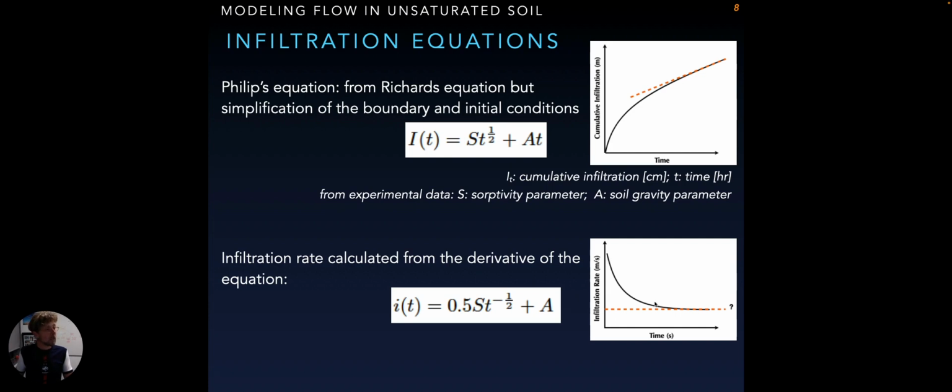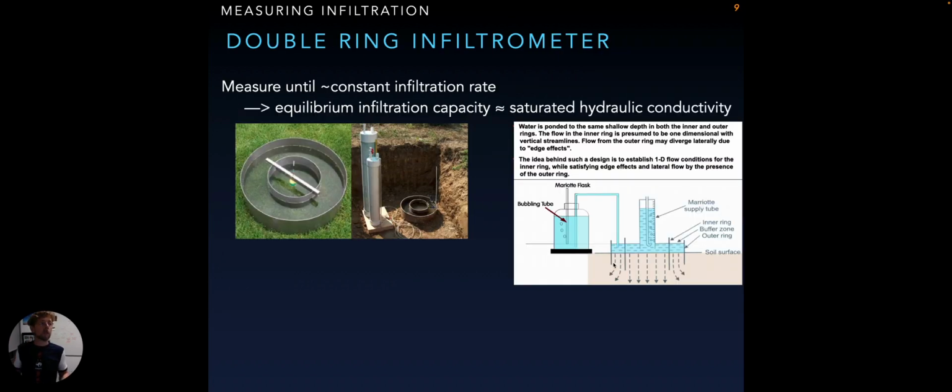So that's giving us this curve where we have the infiltration rate decreasing over time, which is something logical we expect to happen because, well, with more and more water content the soil will not be able to hold that much water, and so the infiltration rate is decreasing. How do we measure that? Well, the main instrument used on the field to measure infiltration is this guy, the double ring infiltrometer. And so it's measuring constantly the infiltration rate